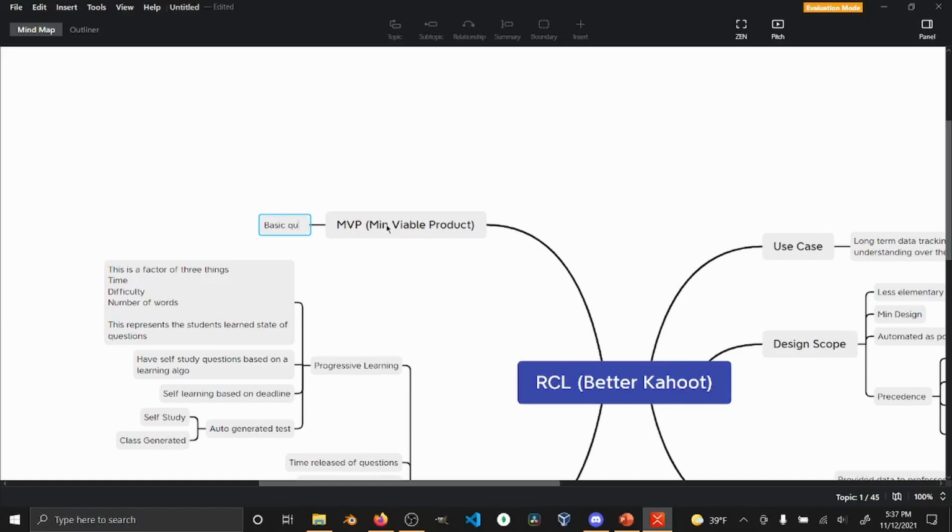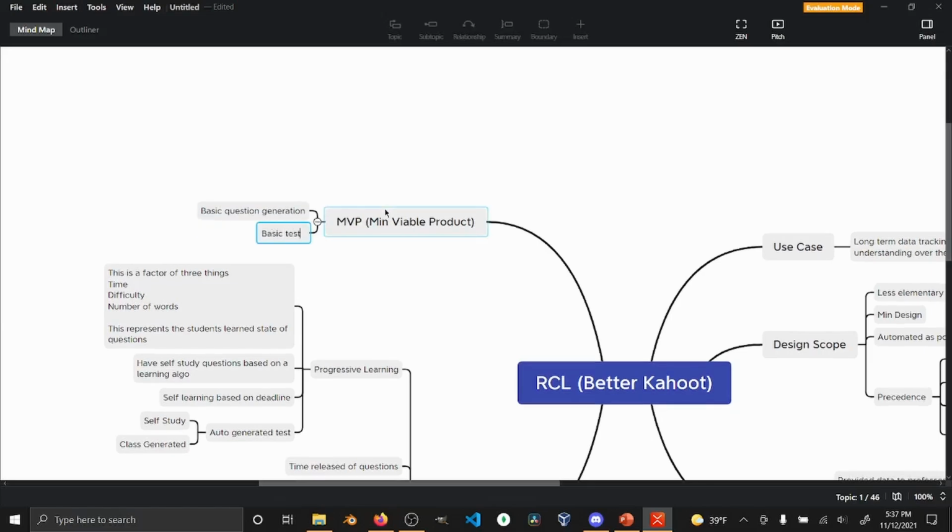Basic question generation. Basic, I'm going to say class testing, because self-testing is going to be an add-on feature for your hyper-motivated students, which is going to be like 5%. So that's a feature that's not going to be used, so we're not going to include it for the MVP. Okay, so we have basic question generation, basic class testing,